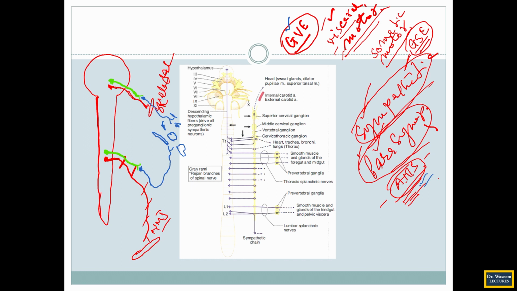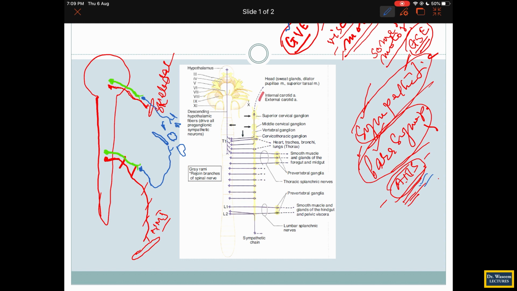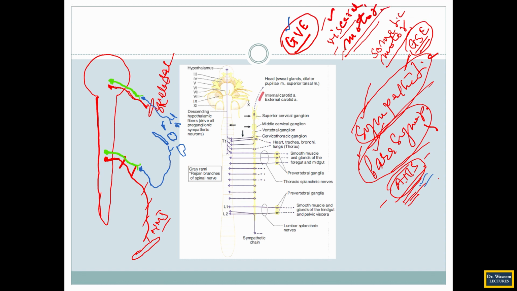But in case of the autonomic nervous system, this will not happen. Here it will be a different thing, different means it will have 2 neurons. The green that I am showing you here, and the blue which I am showing you in this case. It has 2 neurons. One neuron is standing inside the brain or spinal cord, and another is standing outside. When it is outside, because I am showing you only one, this will be actually a collection, and the collection will be in form of